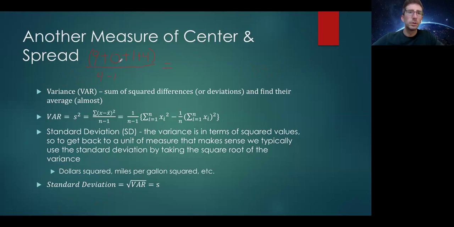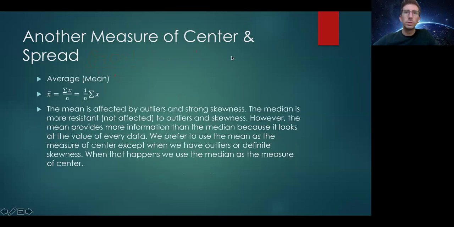So 9 plus 0 is still 9, plus 1 is 10, plus 4 will give us 14, and 4 minus 1 is 3. So if we do 14 divided by 3,